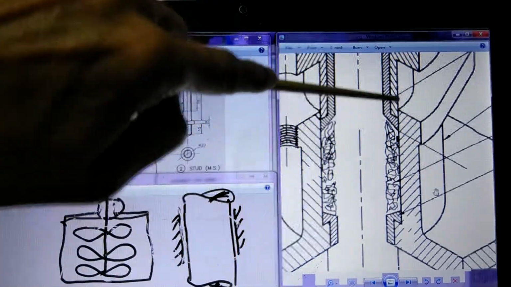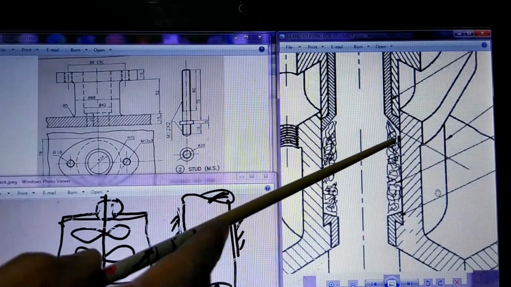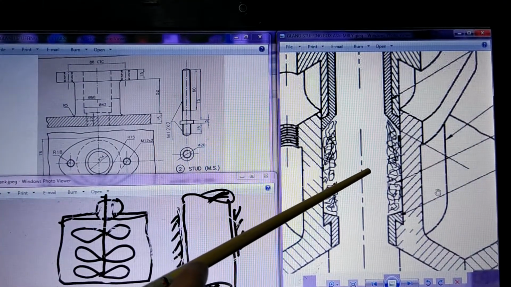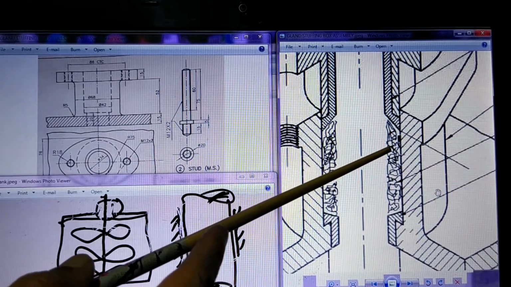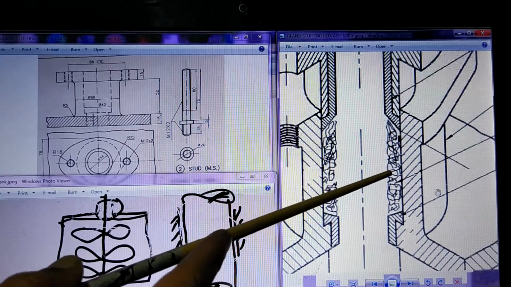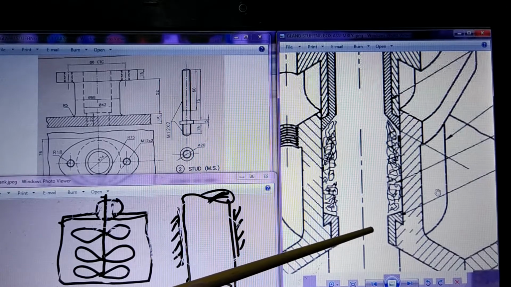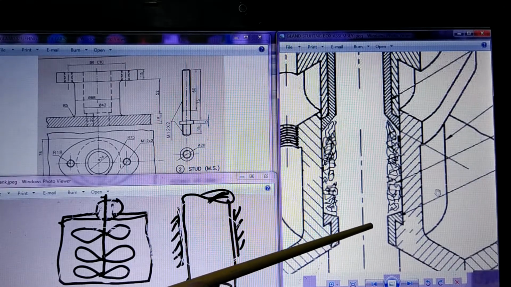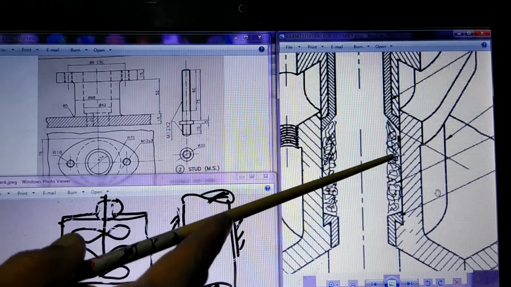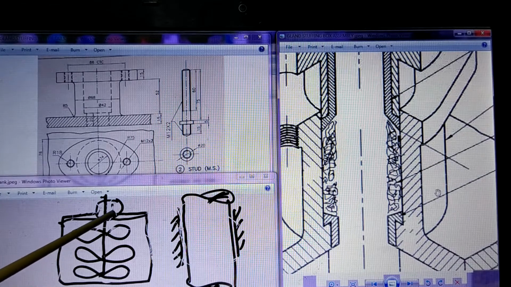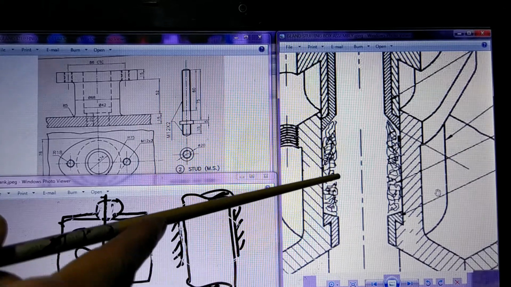That means when you go on tightening this gland, the packing will be holding the shaft very, very firmly. But this is a packing, not a metal. It is a soft packing. So even if you are holding the shaft by soft packing, it will not stop the shaft. The shaft will still rotate. There is no friction applied here. But because you are pressing it, the gap will be reduced. That means what we wanted to happen is, we don't want the liquid or the gases to come out from this opening.